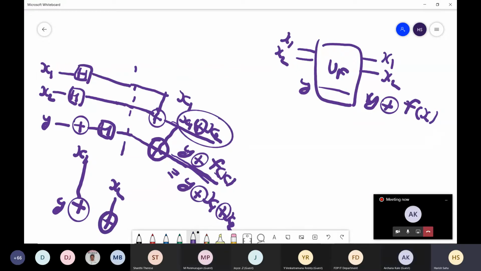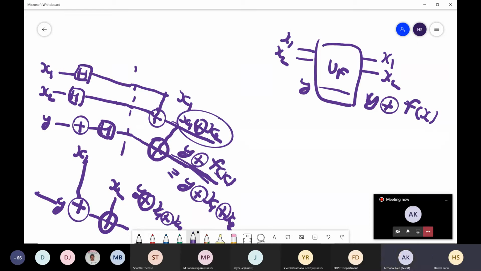Yes, sir. Perfectly. So what will we have here? Here we will have f, y XOR with x1 XOR with x2, and that will do our thing. So in that case, it is not changed. Perfectly fine. That we will also try. But for the time being, let's suppose someone goes with this approach, then I want to make it x2.